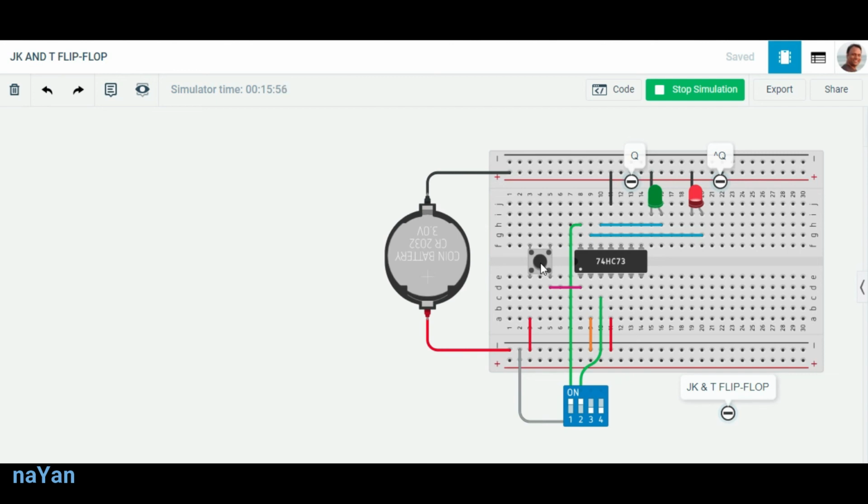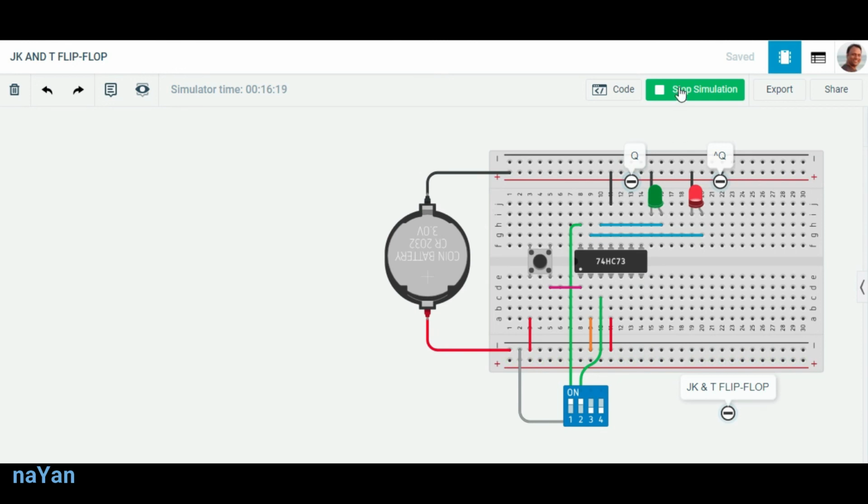Now if we want to check the T flip-flop, we just short the J and K inputs and apply the clock, then we can see the working of a T flip-flop. So to make this JK flip-flop a T flip-flop, we just short this J and K input.